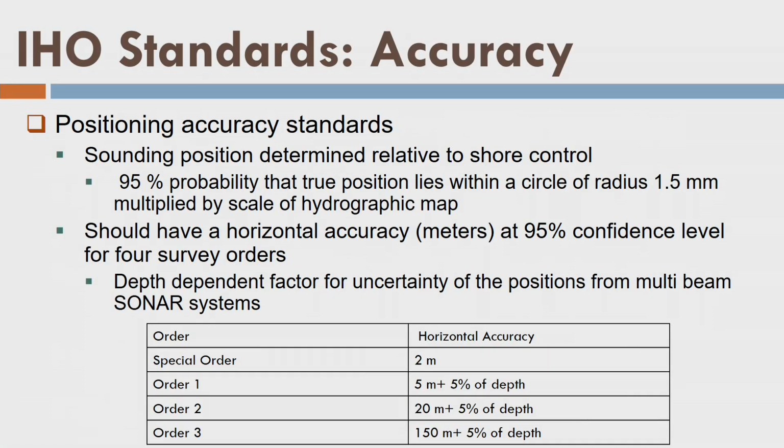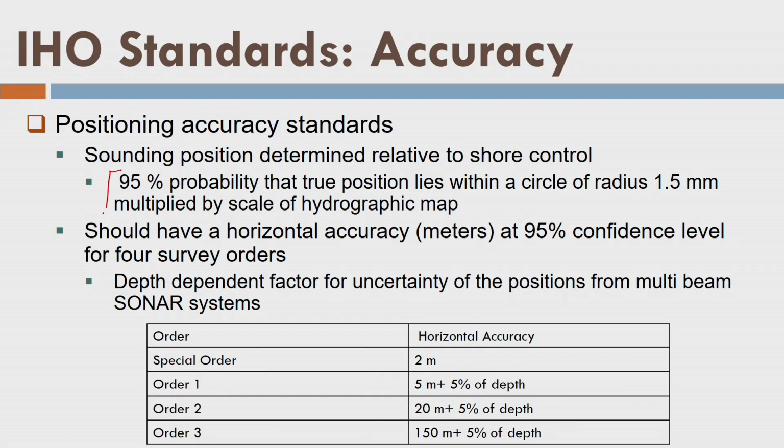Let us go ahead. Now, what about the positioning? We want to discuss the positioning also. We determine the sounding, which is nothing but depth. At the same time, we determine the XY position where we are determining the sounding. Now, imagine that I am using a quite accurate sounding instrument, but if there is no accuracy in my sounding position XY, then there is no point in having the higher accuracy of the sounding instrument, and that is why we need to specify the accuracy of the horizontal positions also. Fine. So, that is why we define that with 95% probability the position should lie within the given accuracy level of horizontal position.